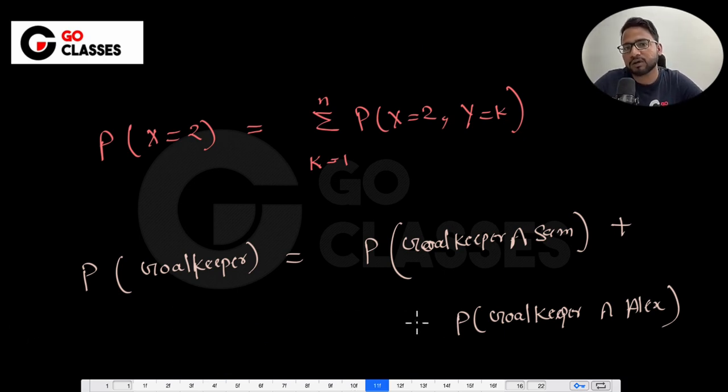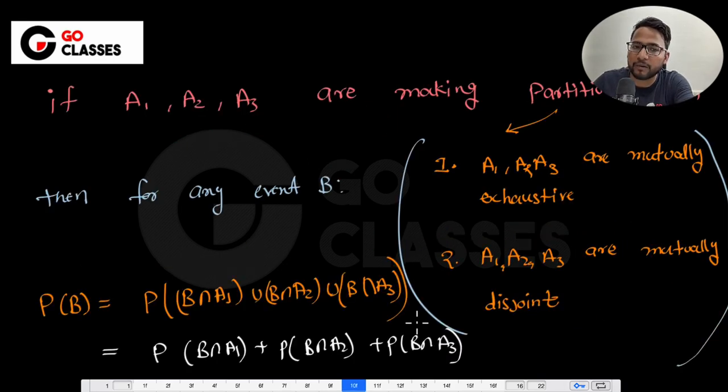You might have understood that you can find the probability of any random event by breaking it down into the probability of some other events. Basically, this is called marginal probability, and this is called joint probability. So you can find the marginal probability using the joint probability distribution, and this process is called marginalization. Some people call it the total probability law, but in machine learning we call it marginalization. I remember one instance in machine learning class. Chiru sir is a very popular professor of machine learning at ISC. He used to say, let's marginalize this probability distribution, which means you have the joint probability distribution and now you want to find the individual or marginal probability distribution, and the whole process is called marginalization.